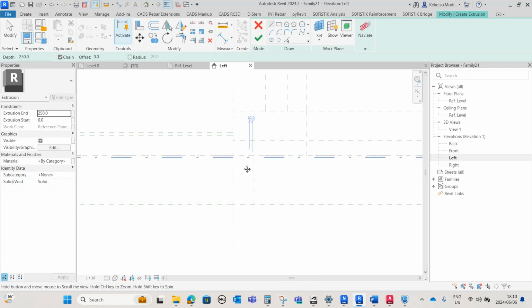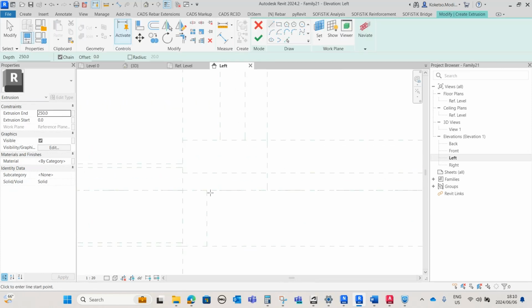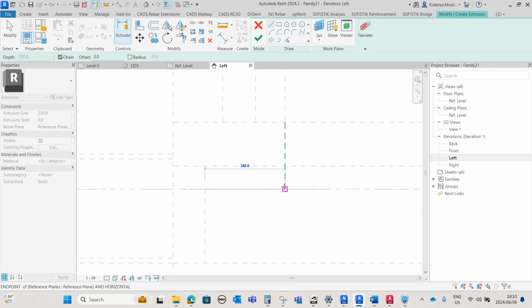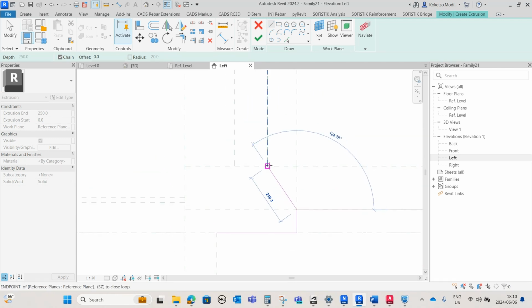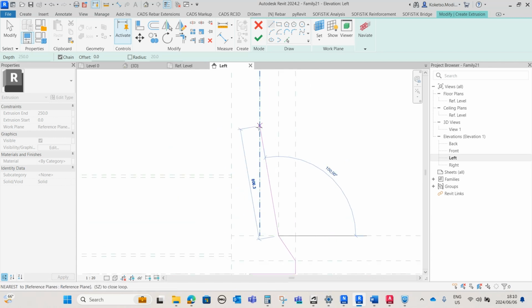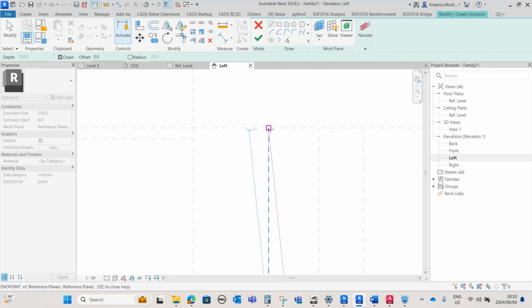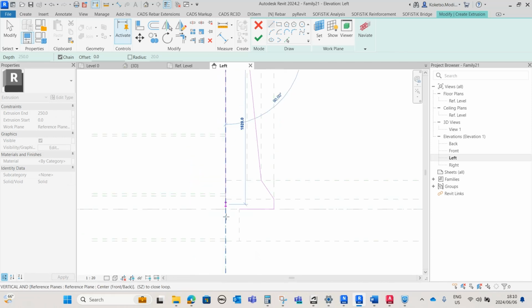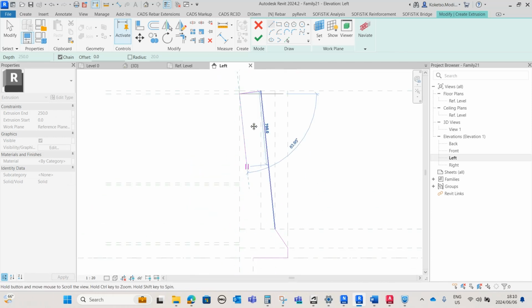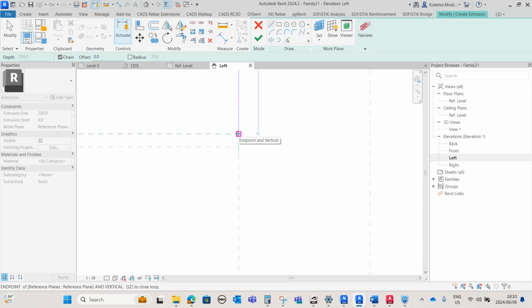Now you're going to start on this insertion point, and then you're going to take it to the right by 340 millimeters, upwards by 95 millimeters, diagonally towards this point, and then further diagonally upwards towards this point, and then you're going to bring it diagonally to the left towards this insertion point, and then you're going to bring it, actually not all the way down, you're going to bring it right on this point,